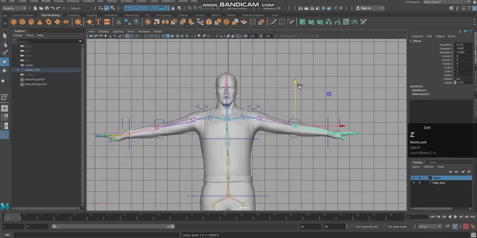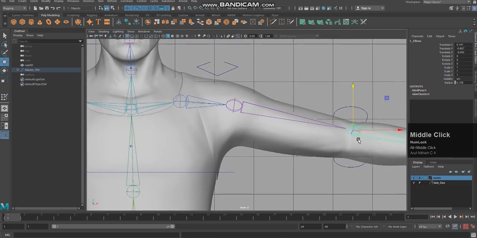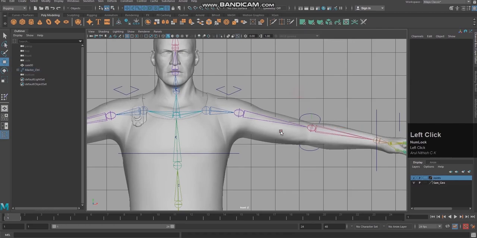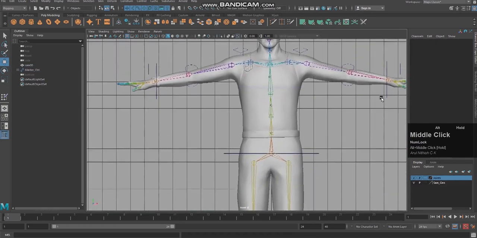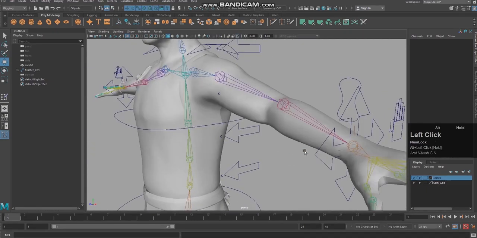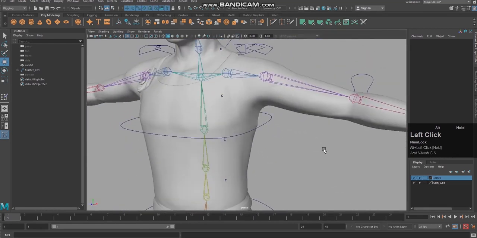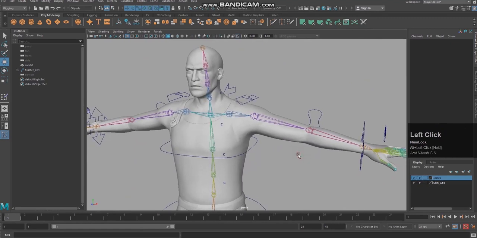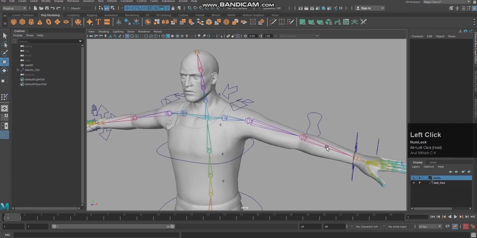Say for example, if I want to move this particular joint a little bit down, now by pressing D, see, I cannot move it, because it is connected with the skin using bind skin. So once you unbind the skin, position all your joints properly. Then you can start with the paint weight tool. Then the question is how to identify the influence of which bone is affecting which skin.